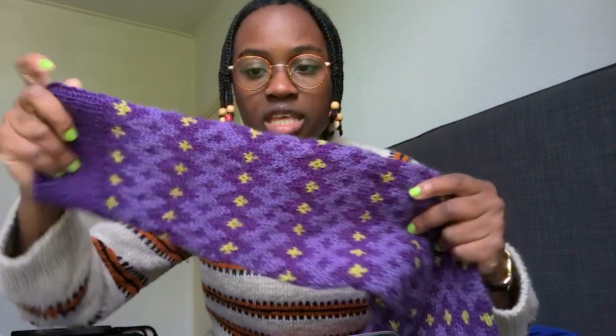But this blocking technique, however, was way more efficient and kept my piece dry. I use an iron and a damp pressing cloth. My pressing cloth is just some random cotton, but I dampen the cloth and then I put it on top of my knit, and then I just take my iron and I'll move it around a bit and then use the steam function on it, and it just gives this really crisp finish to the piece,